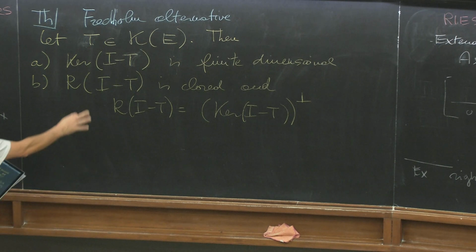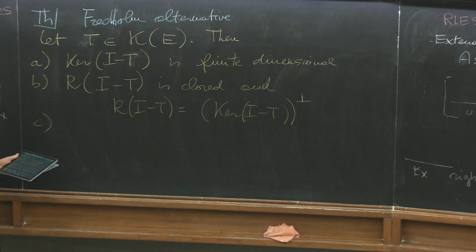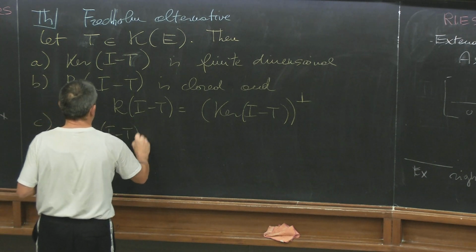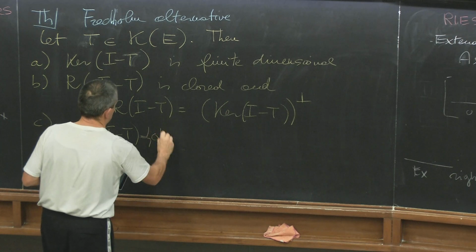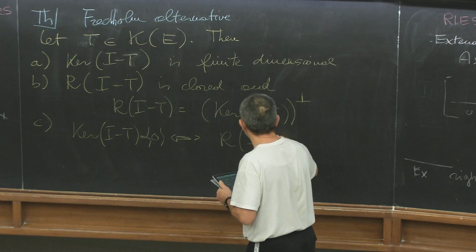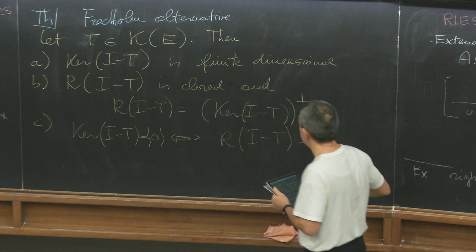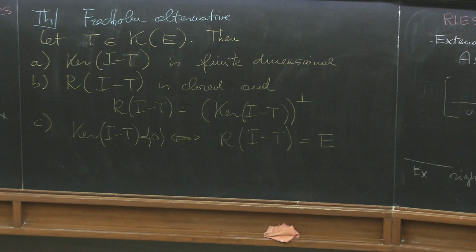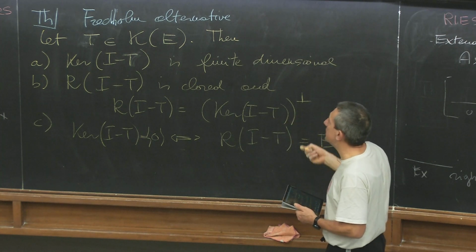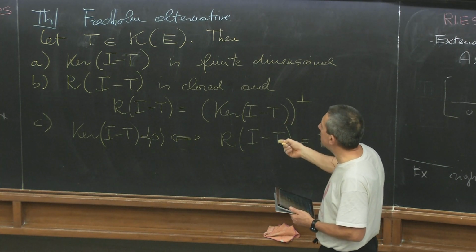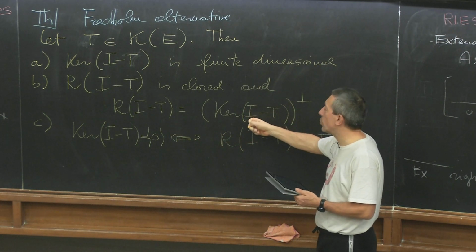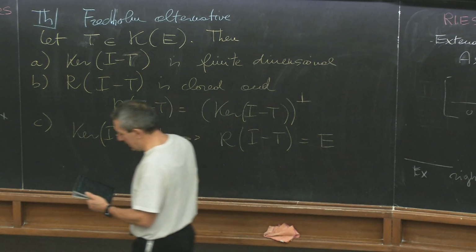Then we will see a little bit better. Maybe today we have a digression on this observation here. Part C: if the kernel of identity minus T is equal to 0, then the range of identity minus T is equal to E. And this is, you see, like in the finite dimensional cases, no? The number of conditions to be inside the range is equal to, and actually it should be, the orthogonal of the kernel. And D,